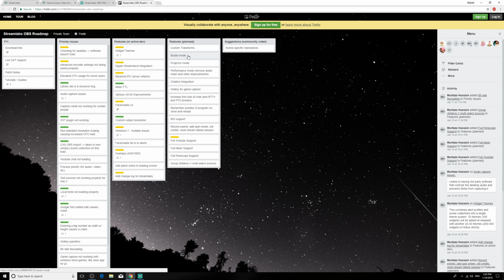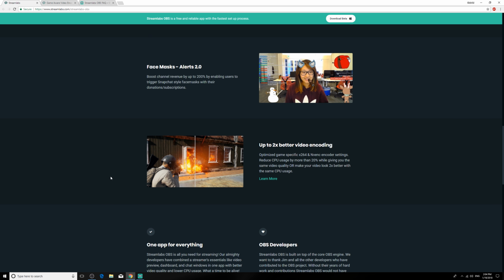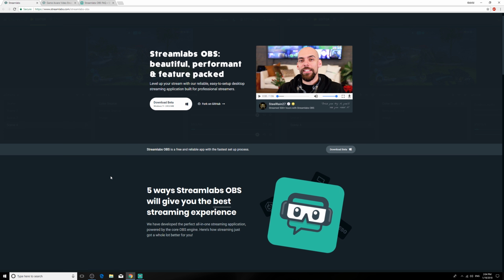So you have a studio mode, which is not integrated at the moment in the Streamlabs OBS. You have the hotkey for game capture, chatbot integration, full YouTube support. As you can see, they did work on it a few days ago. When I looked, this wasn't there, so I suppose that they got onto working on that. So they're very open about it. You can see their progress, you can see what's coming, and overall I think it's a great software to use,